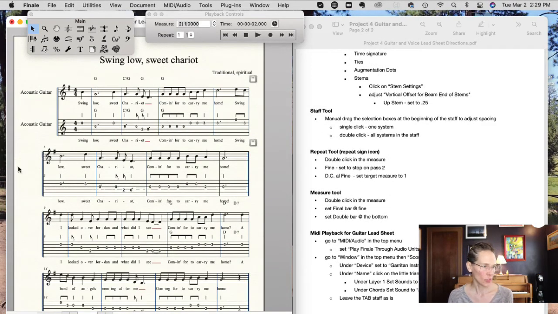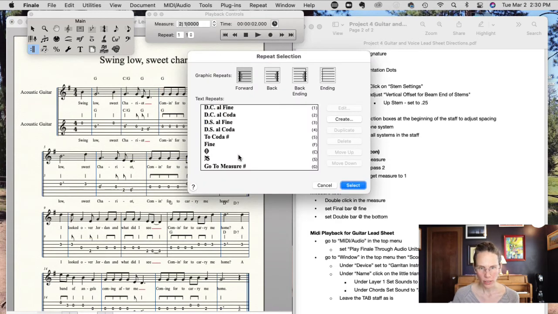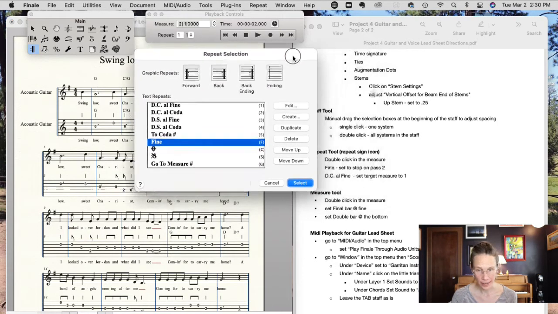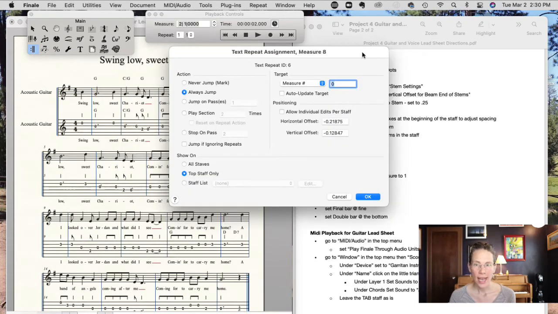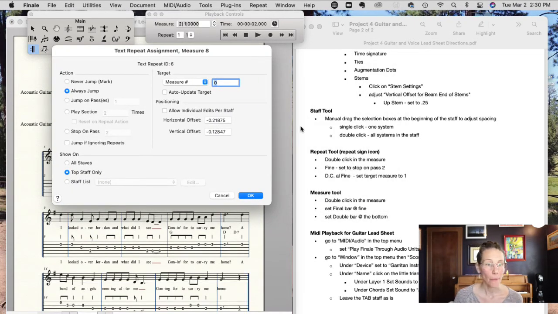Okay, the repeat tool. So we have a fine and a DC al fine in this, and the tool is just this tool, looks like a repeat sign. Click on that, and we're going to double click in this measure and add a fine. Click select, and in the directions it says set to stop on pass 2. So that means it'll go past the fine on the first time, then when it does the da capo to the top on the second time through, it'll stop in the playback. So this is a way of setting your playback correctly. So stop on pass 2 for the fine,